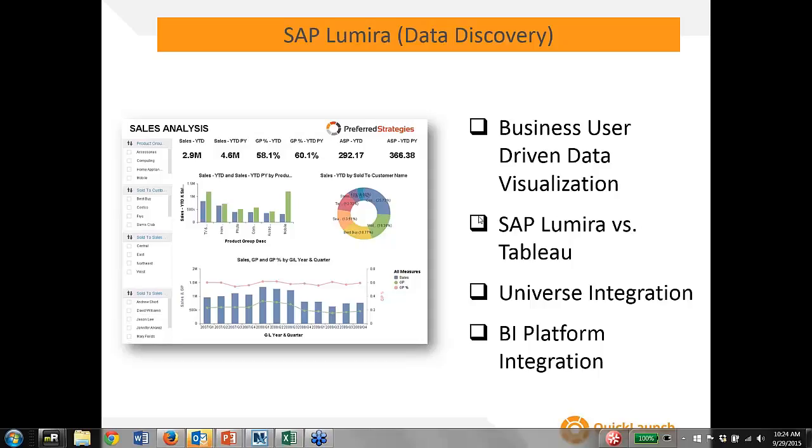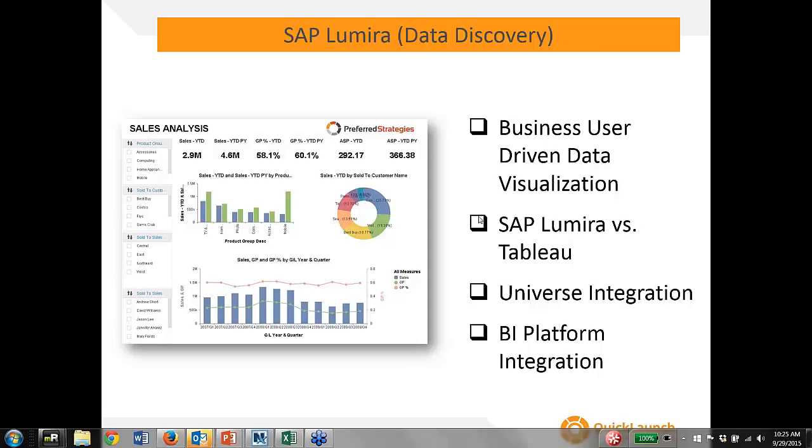The biggest advantage is this idea of a multi-source universe. If you are a UNV customer using traditional universes, every universe could only have one connection to one source. So if actually getting and creating universes across multiple data sources,